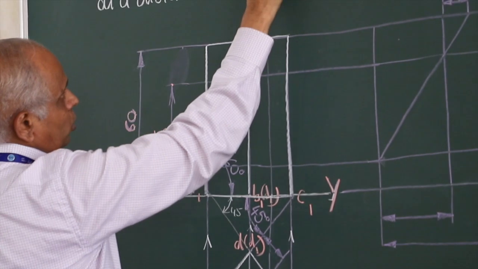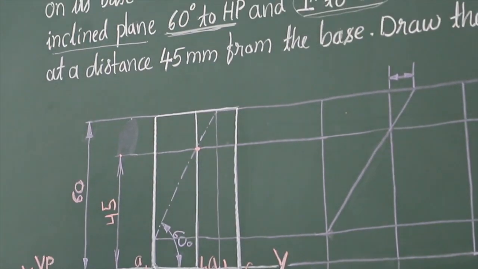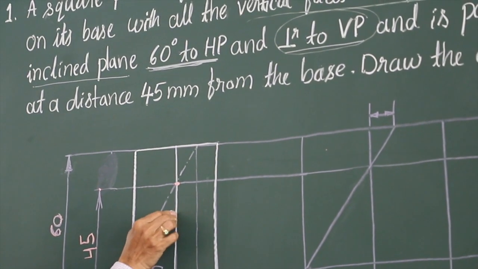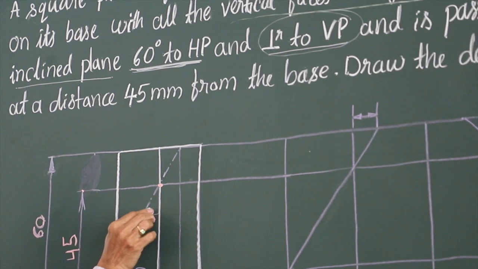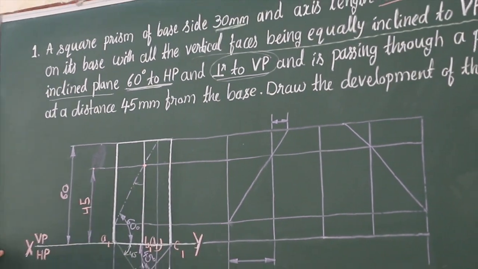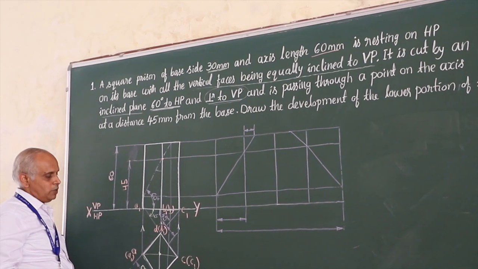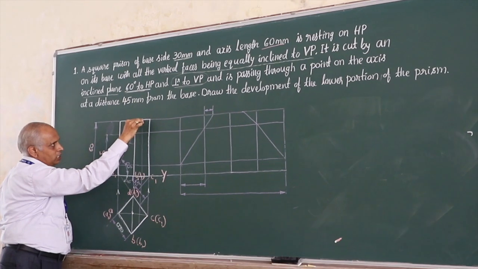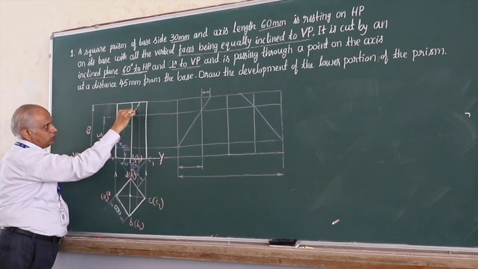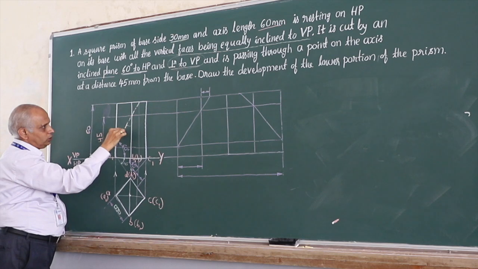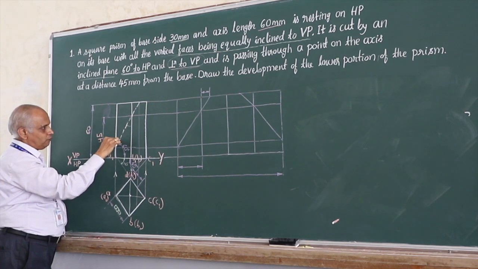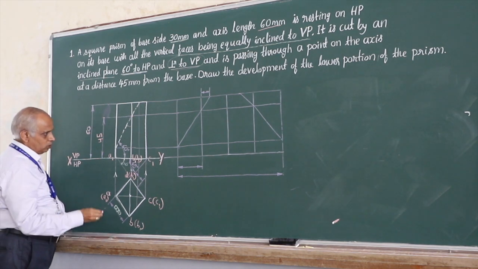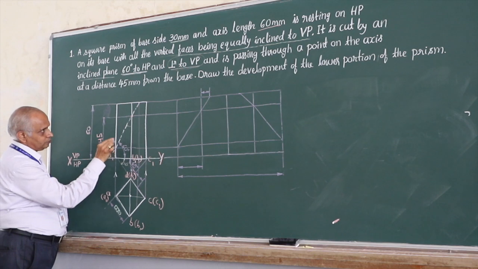Very important point I want you to observe here is this is 60 degrees to HP. 60 degrees to HP means with XY line. Obviously, it means 30 degrees to axis. So you need to be very careful about the inclination given. Is it with respect to axis or is it with respect to HP? In this problem, it is with respect to HP. Therefore, draw this section plane alternatively long, short, thin dash, passing through a point on the axis at a height of 45 mm from the base. And by convention, I told you the two end dashes are thick.